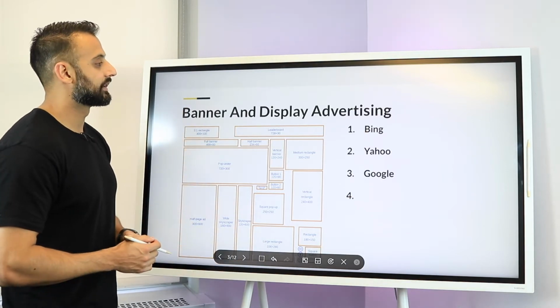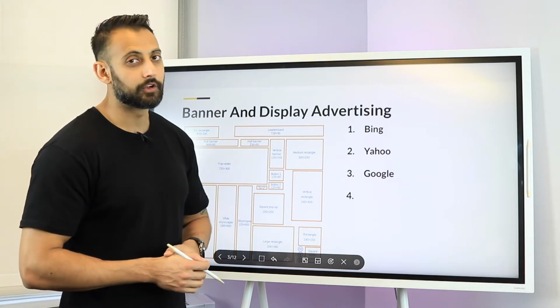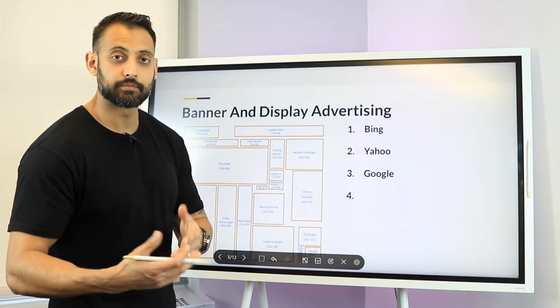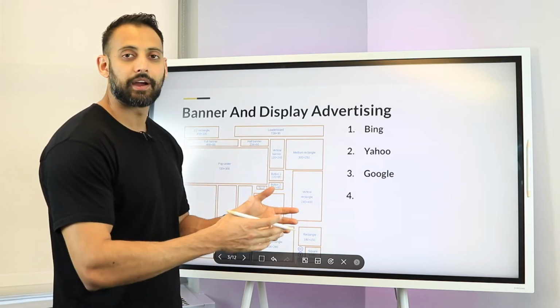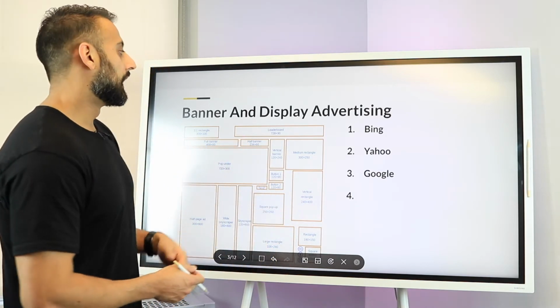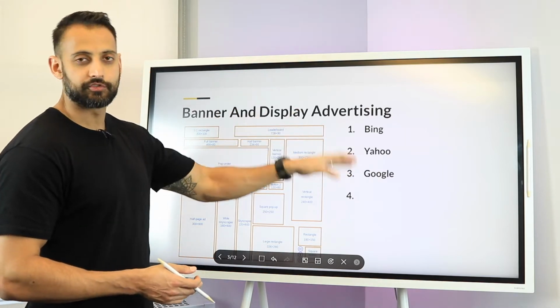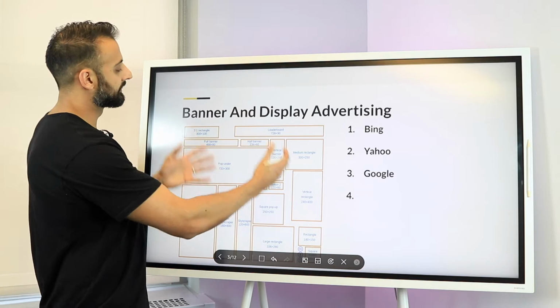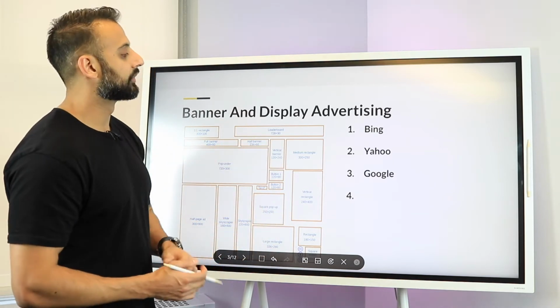Okay, so banner advertising and display advertising, it's not dead. People still go to websites. We don't live in apps. We do go to websites, and there are also banner ads and display ads within apps too. Very, very useful. You can use Bing, Yahoo, Google, which have huge networks. And of course, banner ads are buying space that exists anywhere on a page of any sort.